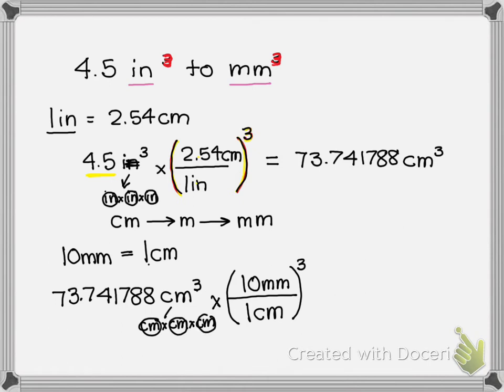So here the inches cubed go away with the inches cubed here. And so now let's do this one. I'm just taking my answer and multiplying it by 10 divided by 1, cubed. So I'm cubing it, and I get